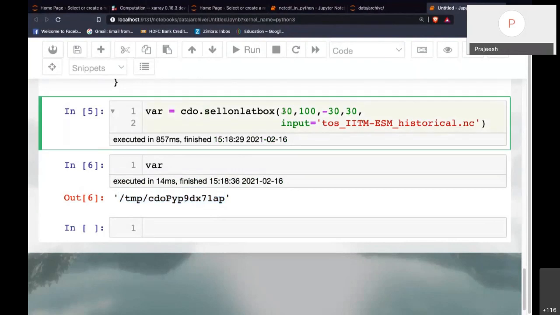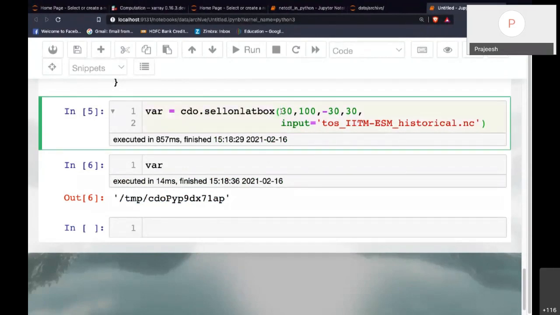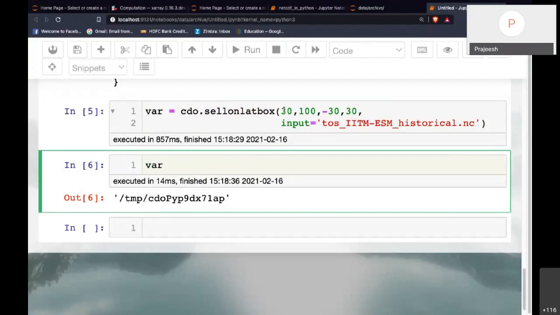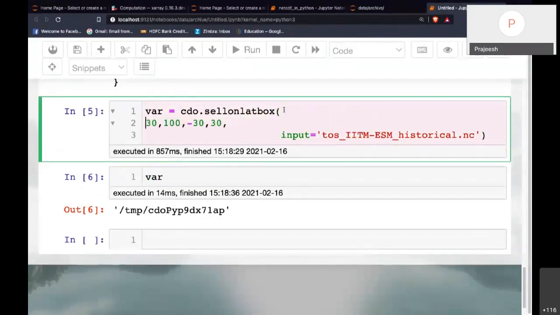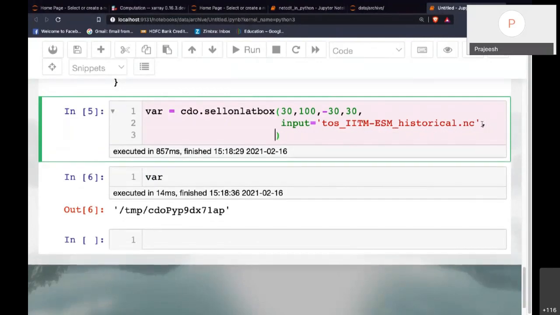So by default, CDO will give you back a netCDF dataset in a temp directory, okay, which you can then read by xarray maybe, okay, but you can also get back the variable in the form of xarray directly by giving an extra argument, returnXArray equal to the name of the variable which you want to get back, which is tos, okay.